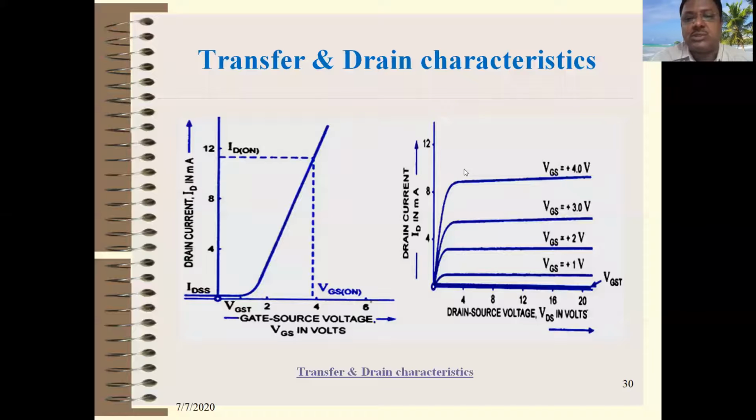If you see the mouse cursor on your screen, this particular region is called the pinch off region or pinch off voltage. Pinch off voltage is nothing but your VDS voltage at which the drain current becomes constant. Pinch off voltage is the VDS voltage at which the current ID becomes constant. This ID becomes constant because the effective width of the channel becomes zero, right? Even if you increase the value of VDS, the effective width decreases, right?